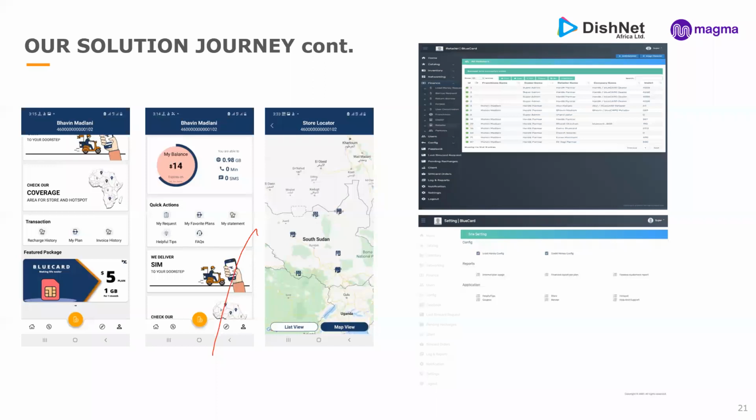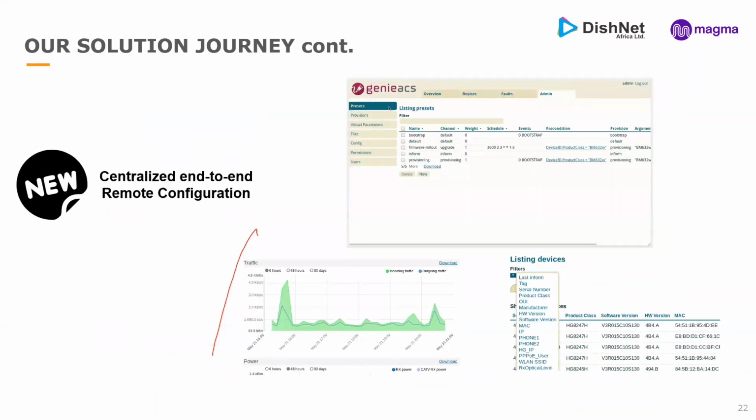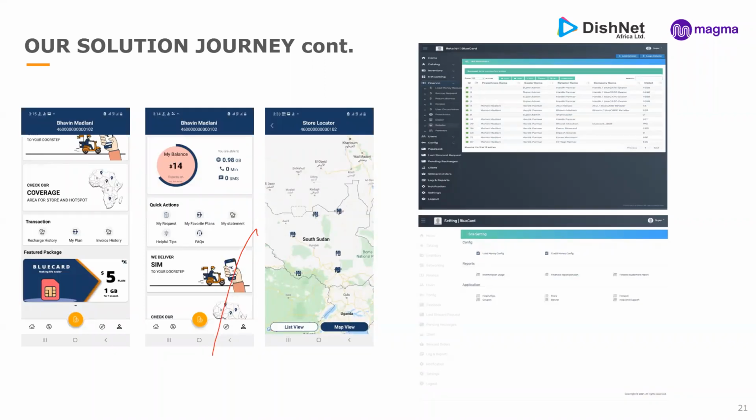It is alive and working. Currently, we are running a beta test, and we have approximately 250 users on our network, and the numbers are growing every day. We are working on how it can be utilized by different parties, like network as a service, and we are working on different business models. Next slide, please.